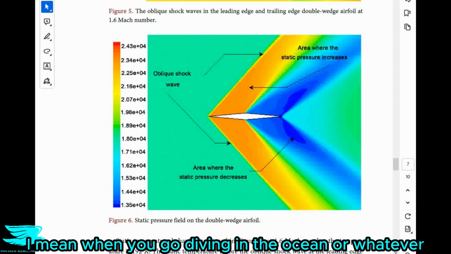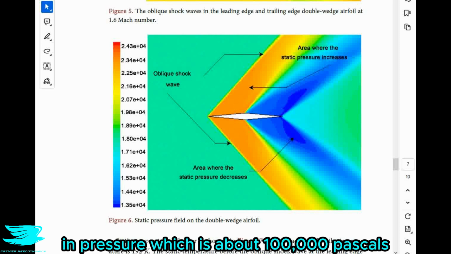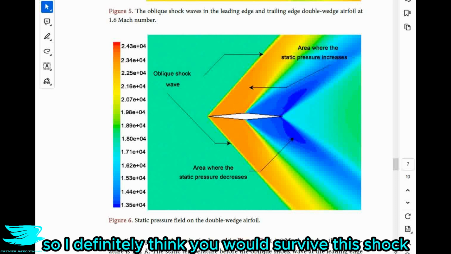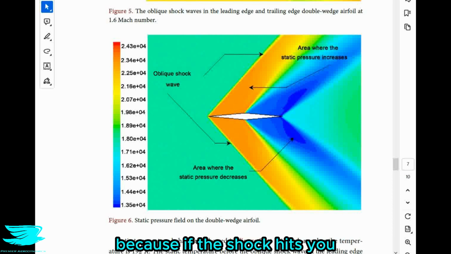I mean, when you go diving in the ocean, going down to 10 meters is the equivalent of one additional atmosphere in pressure, which is about 100,000 pascals, 4 times more than what we are seeing here. So I definitely think you would survive this shock. Now, that doesn't mean that you wouldn't feel it, because if the shock hits you, let's say in the chest,